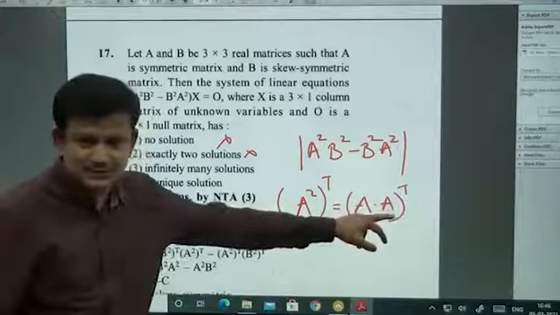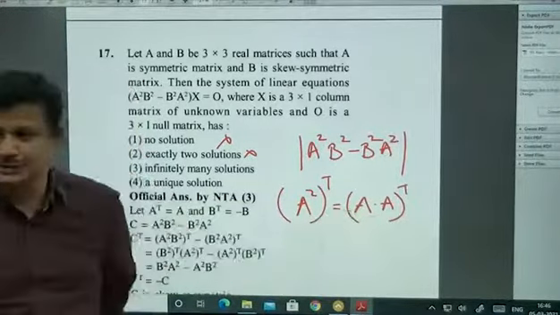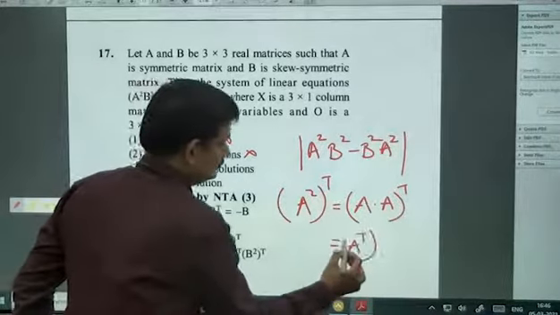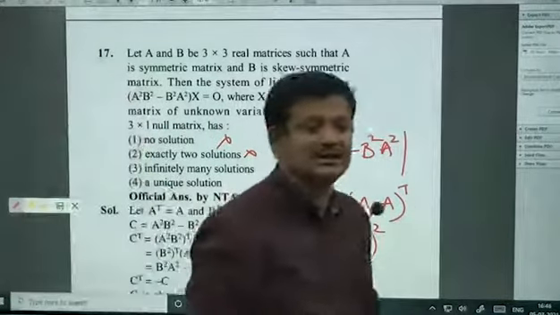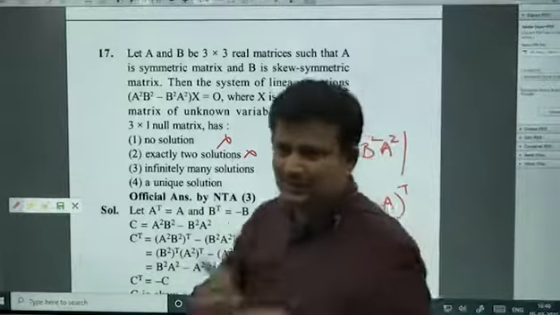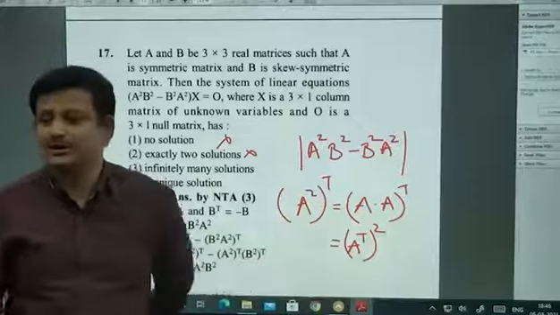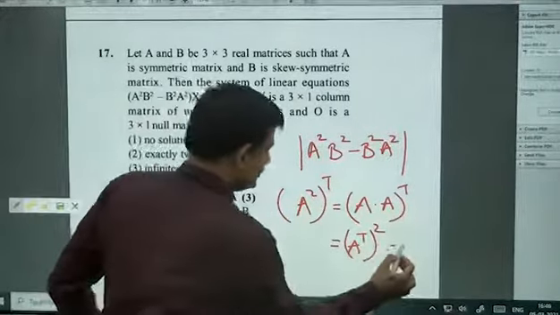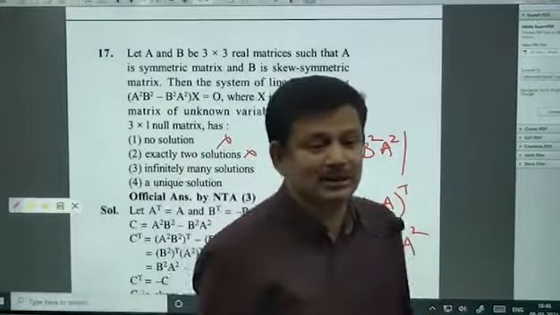This A is transpose first, this A transpose next. Whichever way it is A transpose whole square. So these two operations can be interchanged. A power n whole transpose is same as A transpose whole power n. Happily you can interchange. So next time don't keep a blind face. A transpose is what? A. It is a symmetric matrix. So this is A square. So A square, is it a symmetric matrix or a non-symmetric matrix?